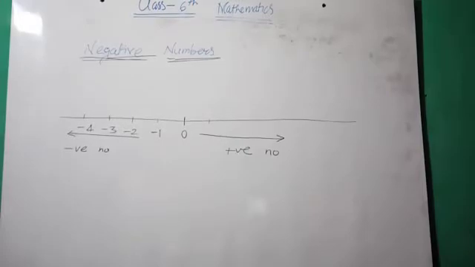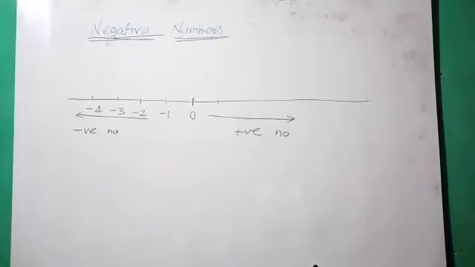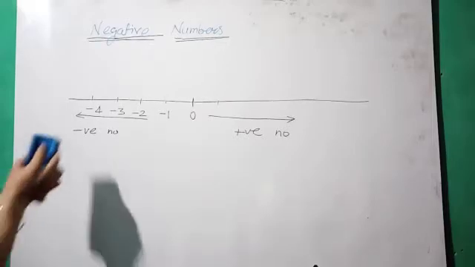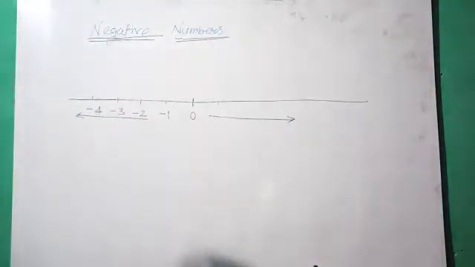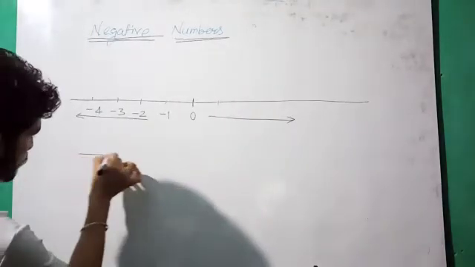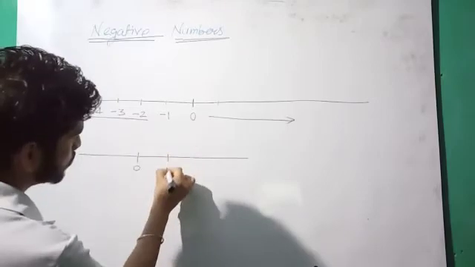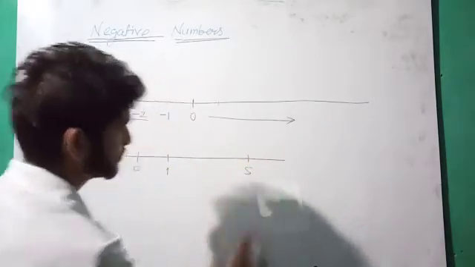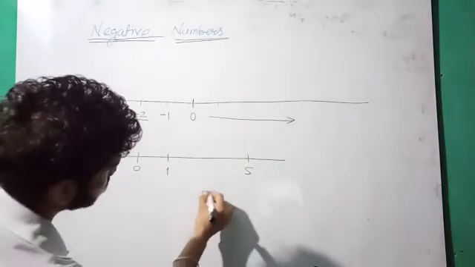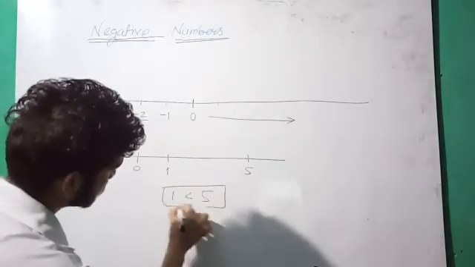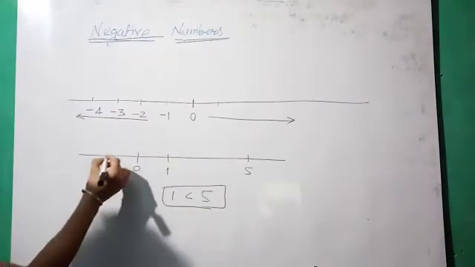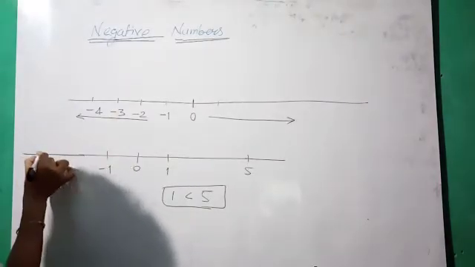Then we can write all the numbers which are positive with a negative sign. We can write the number with a negative sign as in the positive. Then we can move towards a very important concept, that is the comparison between numbers. Whenever we compare two positive numbers like 1 and 5, we know 5 is more than 1. But when we compare two negative numbers, like -1, we can compare it with -3.